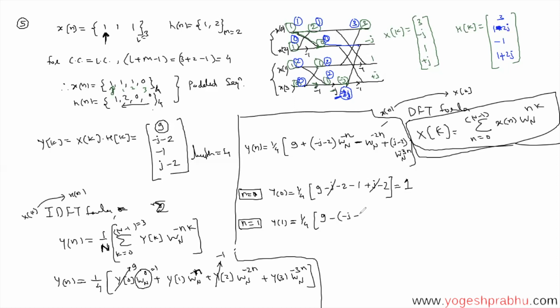That's going to be negative j, negative 2, this value. This will become wn to the -1 because now n is 1. Next one: minus wn to the -2. Then plus j minus 2, wn to the -3. Okay. So now